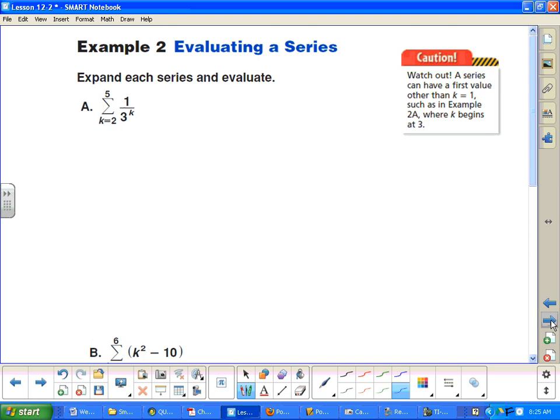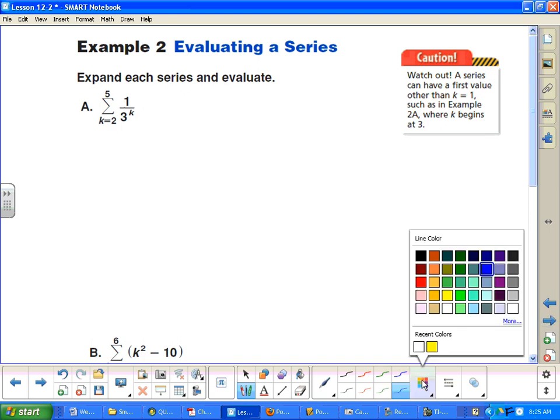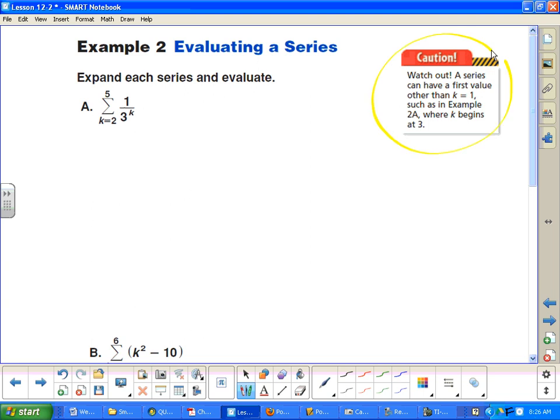And then here's another caution for us. Watch out. Series can have a first value other than k equals 1, so make sure that you use the right number. So in this case here,